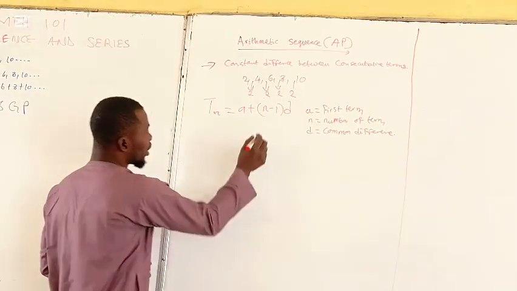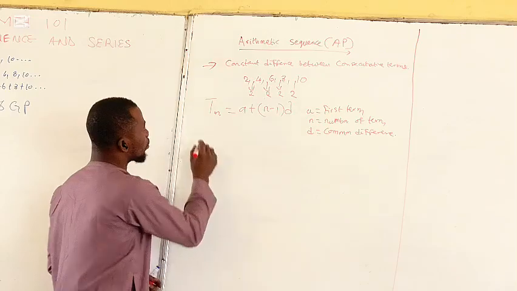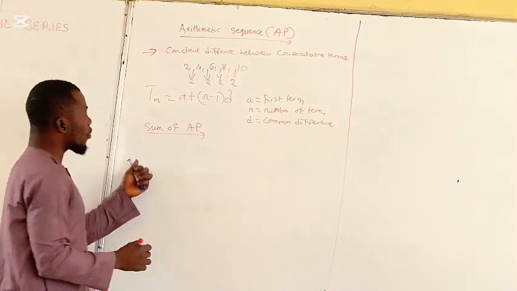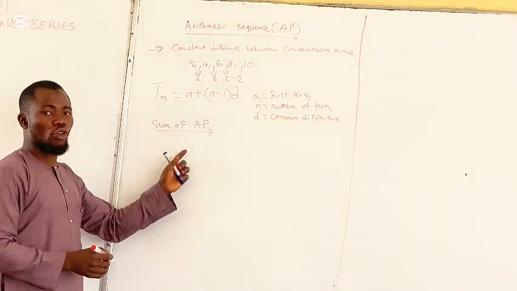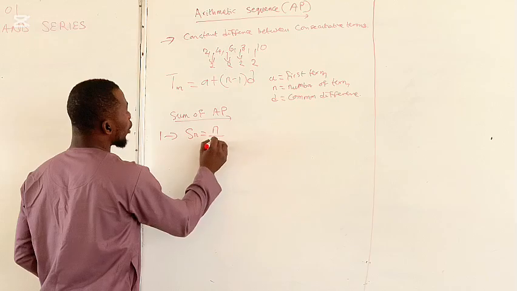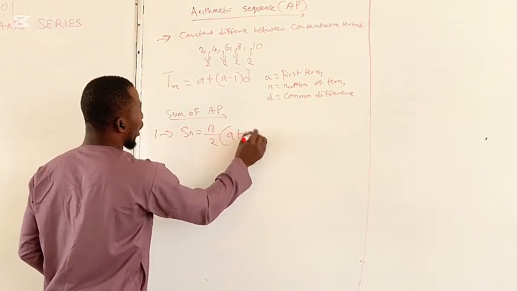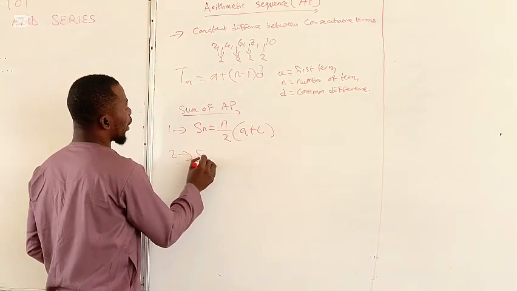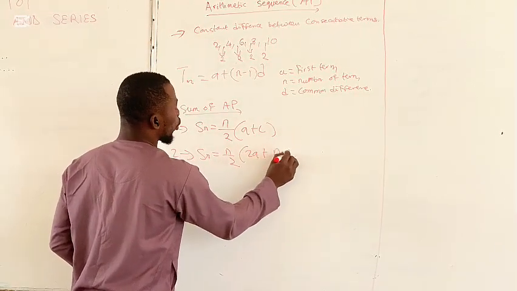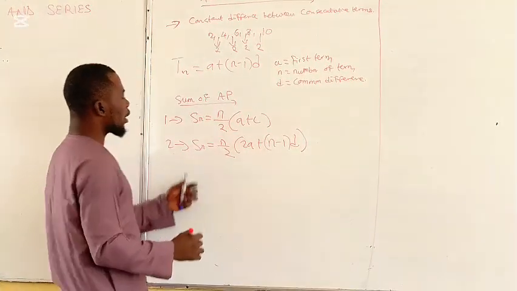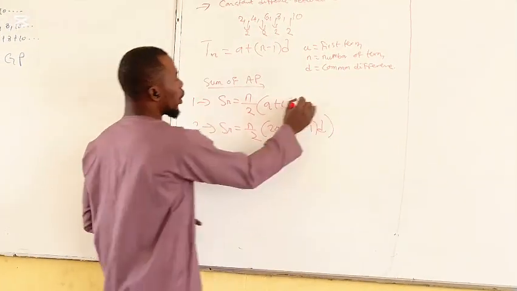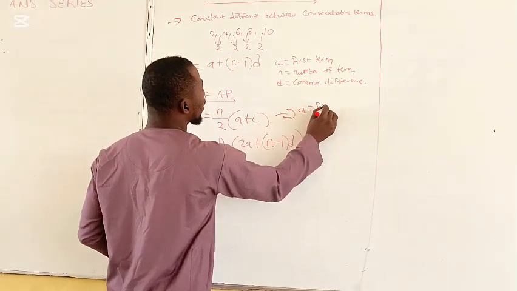Another thing you should know in arithmetic progression is the sum of an AP. The sum of an AP can be calculated majorly by two formulas. The first formula is Sn equals n over 2 times a plus l, and Sn equals n over 2 times 2a plus n minus 1 times d. These are the two major formulas that we can use to calculate the sum of an AP, where a is the first term,